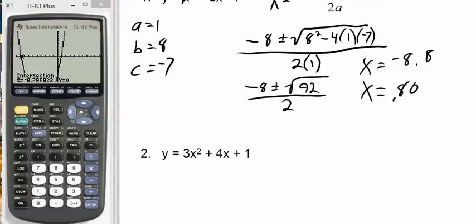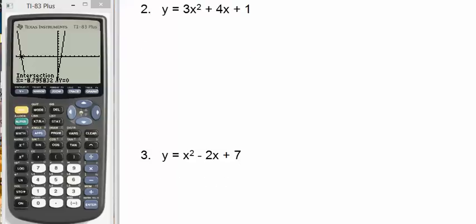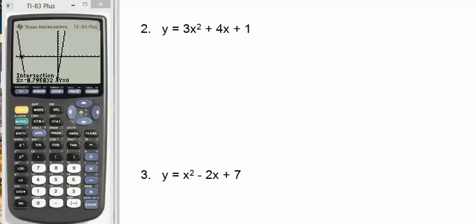So I'd like you to at least do those for a few of them to plug them in. I'll be walking around and checking and making sure you can at least plug the formula in. All right, so on this one, A is equal to 3, B is equal to 4, and C is equal to 1. So our formula again